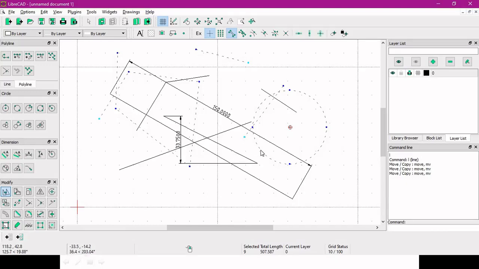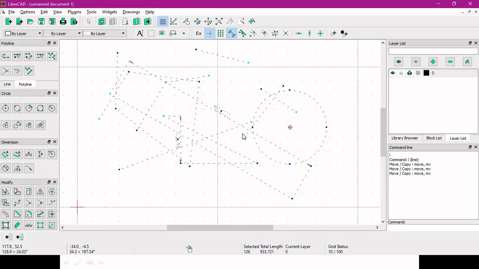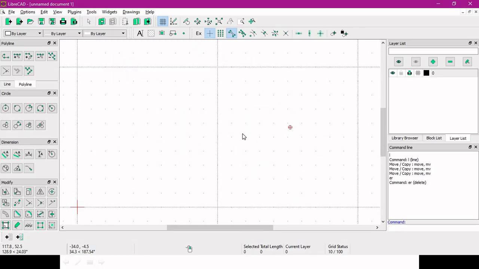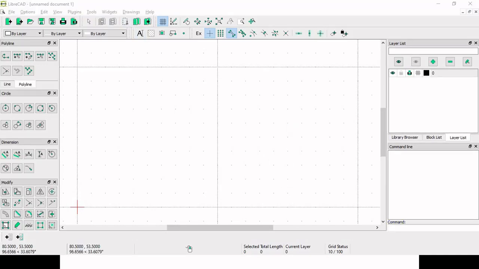Once you want to erase all these things, simply select everything, and either you can use the command erase, ER, or simply delete them. Let's look at one important toolbar, which is the snap toolbar.